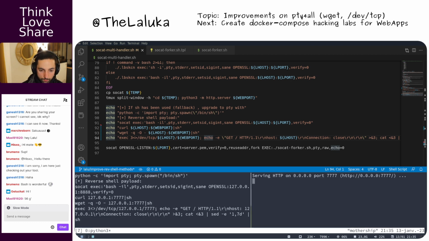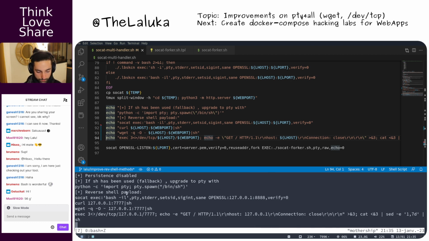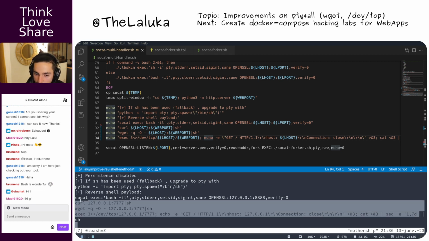Okay, so not this one, just reading the comments before we test this out. Let's keep moving forward. So, okay, I want to test this line here.